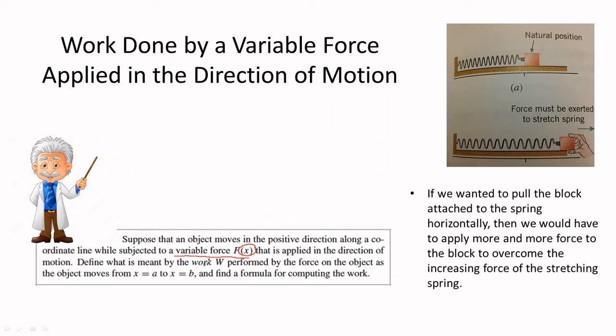Now, define what is meant by work W here, performed by the force on the object as the object moves from A, which is, let's say from X, which is A, to X, which is B, and find a formula for computing the work. So in our next discussions here in the succeeding slides, our force, this force here will be a function of the displacement x. How could that be, or what particular practical scenario can we use to illustrate that the force is a function of the displacement of the object, or the distance covered by the object in the same direction as the application